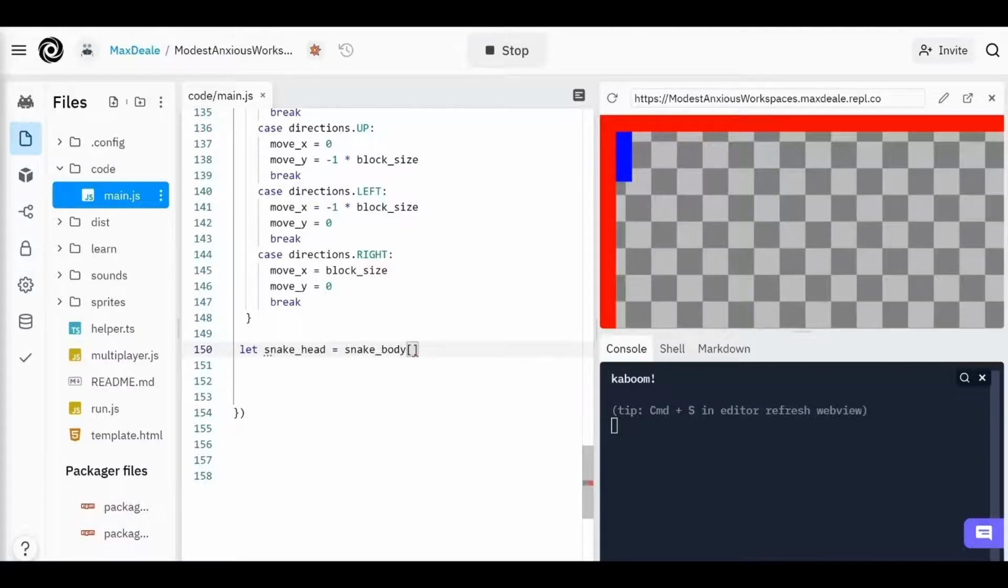And we want the index of the snake's body dot length, so the length of the array, of course, dot length, and then -1. So that is going to get our snake head for us. Then we're going to want to basically push on a piece of the snake onto that snake body, right? So we can just say snake body dot push,